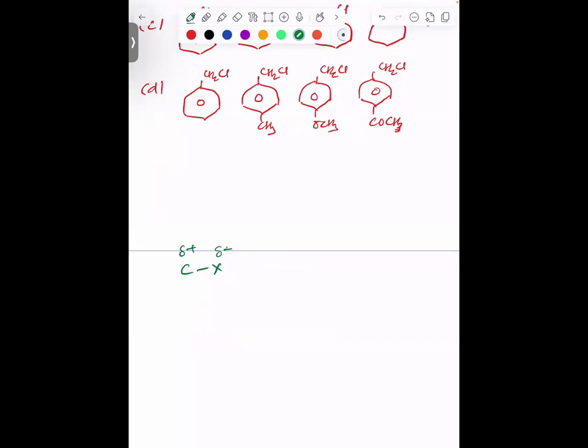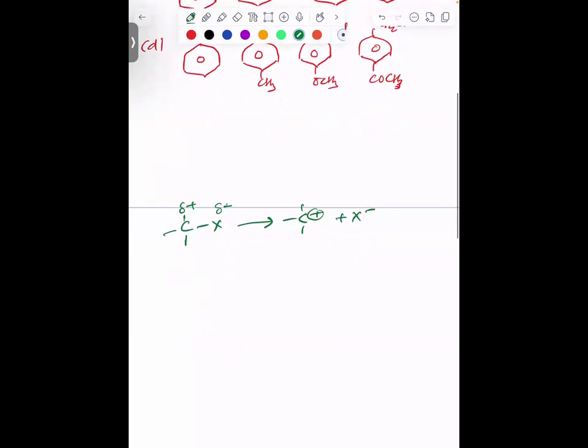Okay, carbon carries partial positive charge and halogen carries partial negative charge. If the bond dissociates, carbon will be converted to carbocation and halide ion is released. So we can say, more the reactivity or more the stability of